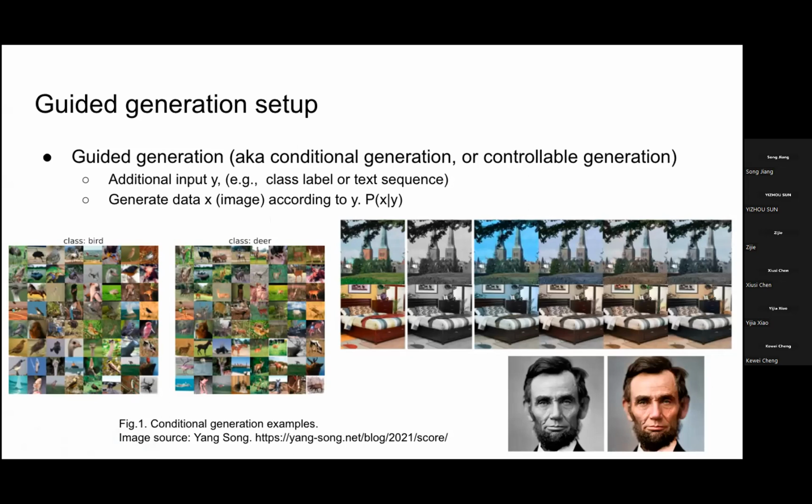And we hope the generated images follow the guidance of Y. Typical examples: the first figure is where we generate images from their class label, like birds or deer. The second example is where we generate images according to the grayscale. And also in the portrait example, we generate the portrait according to whether they have color. So yeah, that's the idea of